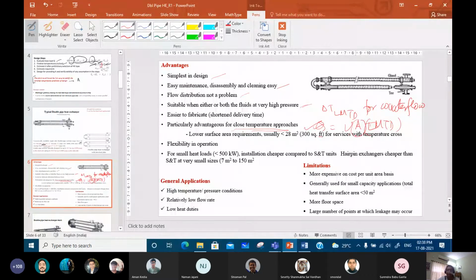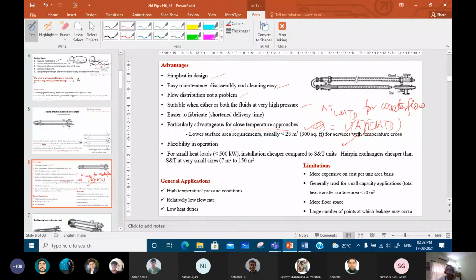and therefore it is particularly useful when the heat transfer area is less than 28 meter square, and when there's a chance that there can be a temperature cross. And the other thing is, since the flow approximates a true countercurrent flow, while in a shell and tube exchanger it cannot be truly countercurrent, we incorporate an LMTD correction factor known as FT, which naturally reduces the effective temperature difference and increases the area requirement.